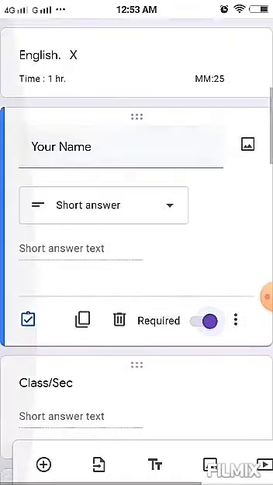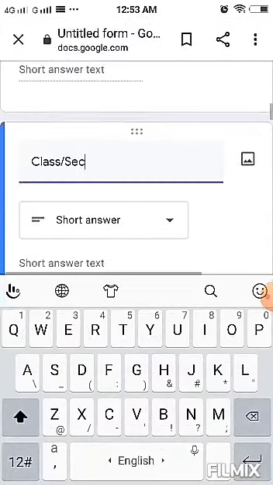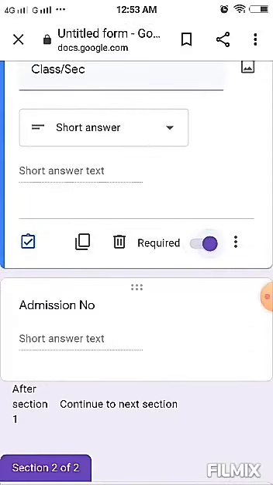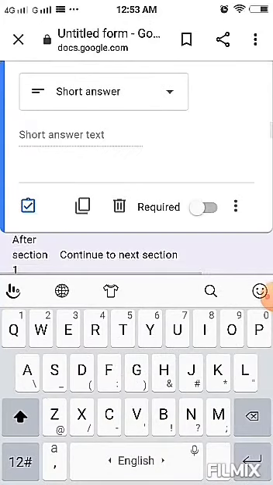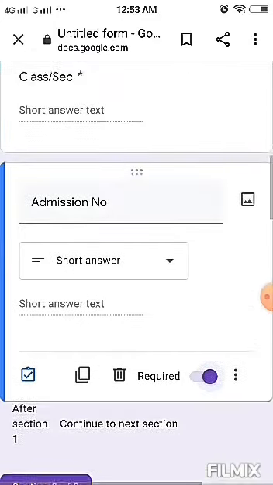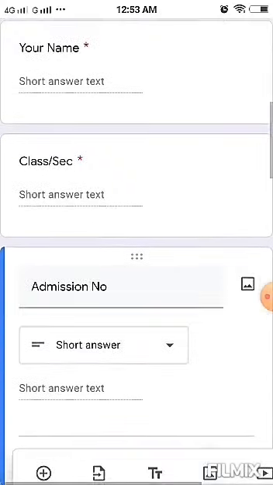So I am making these 3 questions compulsory for students by clicking on the required button: name, class and admission number. So these 3 questions are compulsory. When you make it required, one red color star will appear with these questions.